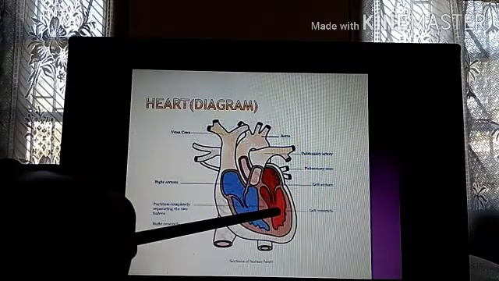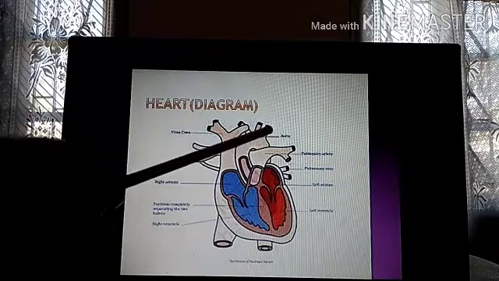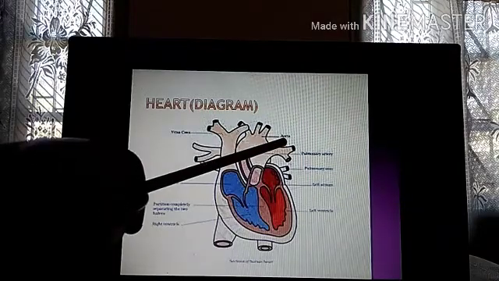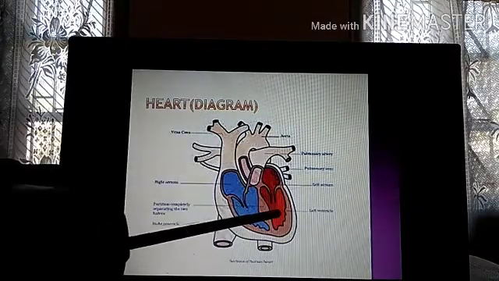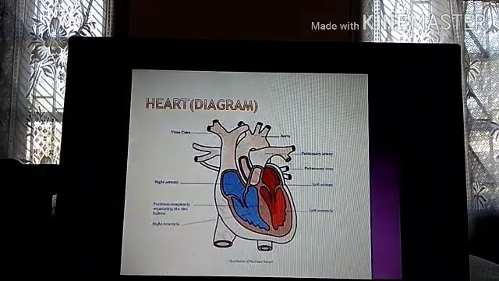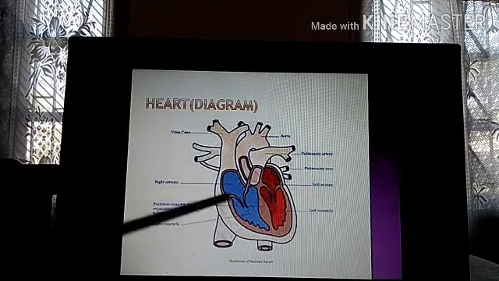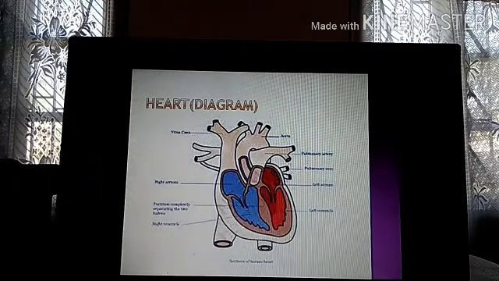Okay, so from the left ventricle, through the main artery, which is called the aorta, A-O-R-T-A, it will go to each and every part of your body. So just remember that, no need to study it in so much detail because you don't need it. Just normally how the blood will come and how it will go, that much you should know. I'll try to provide a video so that you can understand it better.